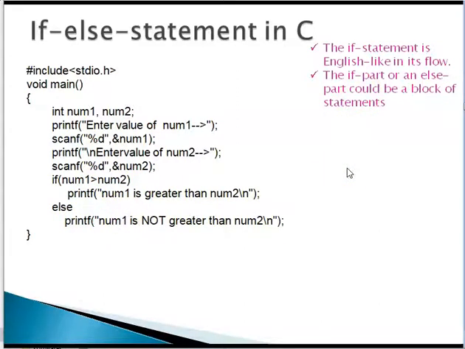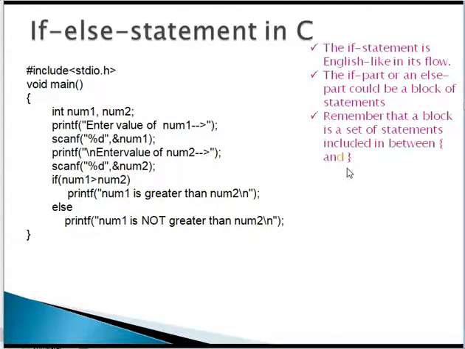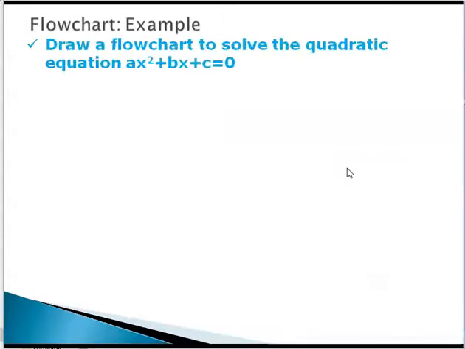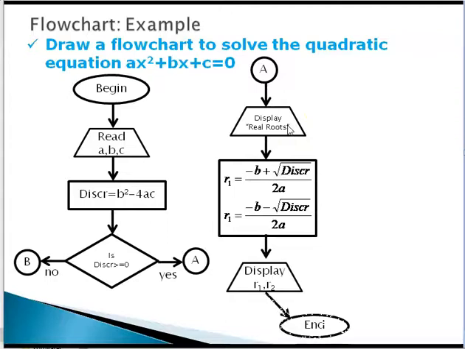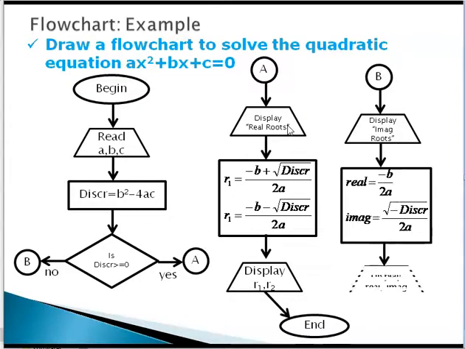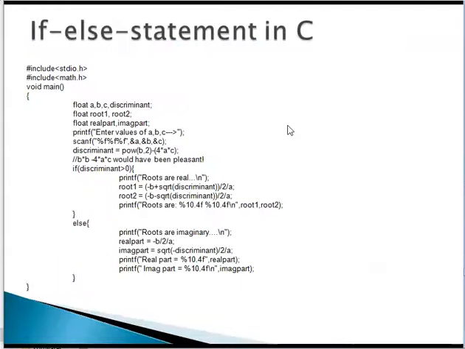With that, we will try to present one more example and then close this. We'll come back to the same flow chart that we have drawn, and we'll try to write a program for that. I'll write the program and leave it for you to think. This is the program. You can clearly see we are reading A, B, C. Then we are evaluating the discriminant. See that pow is a math function, so we included math.h, and then you have square root, which is also defined in the math library.